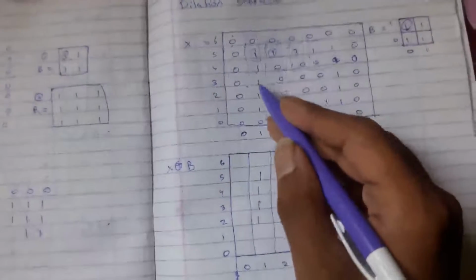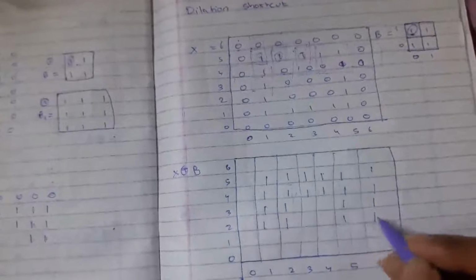Then I'll see over here 3 5. So 3 5, there is already 1. What I need to do is, I hope you are understanding. It is like this is my seed point at 3 5. My seed point is 1. Wherever my seed point is corresponding with 1, I replace the entire neighbors of those pixels by the seed point. So that is 1 1 1 1. Hence there is 1 1 1 1.